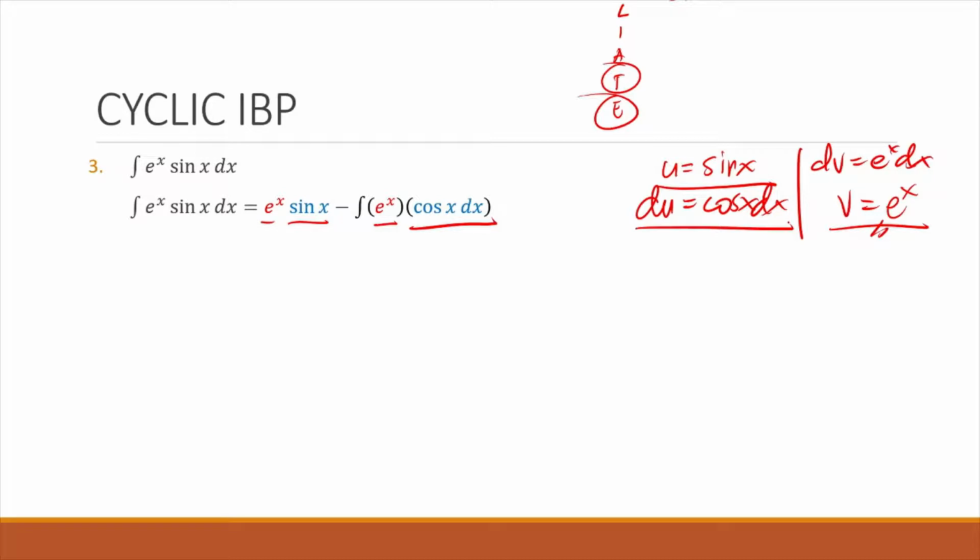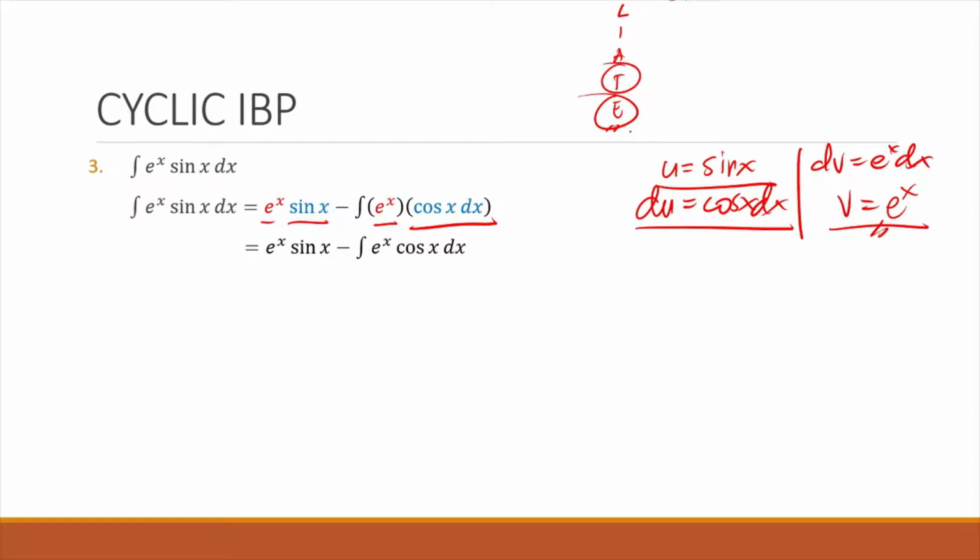All right, so let's just rewrite this: e raised to x sine x minus integral of e raised to x cosine x dx. The resulting integral, this second term, is still integrable using IBP because we still have a product of two different functions,